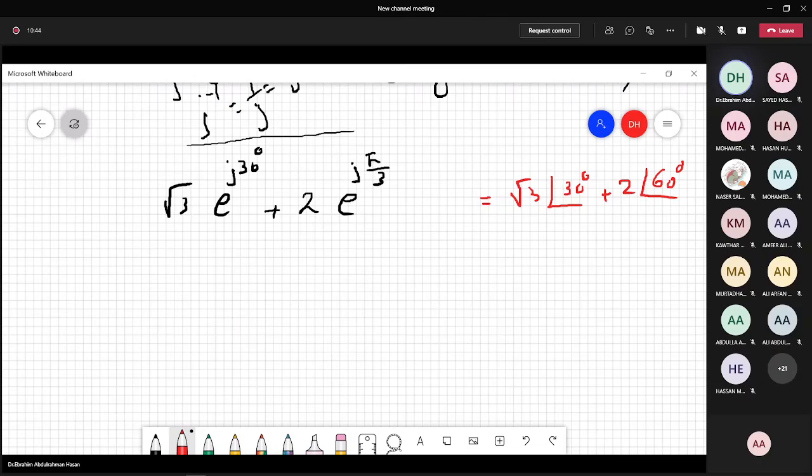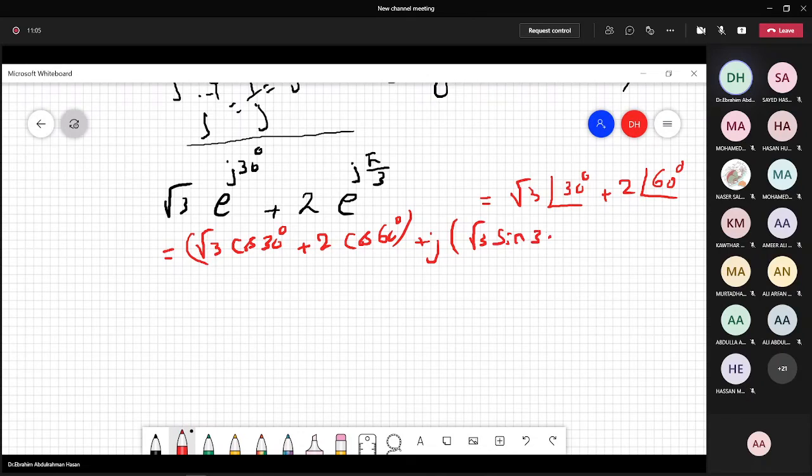If you don't want to use your calculator, then directly it is equal to the real part, root 3 cosine 30 plus 2 cosine 60. So this is the real part, plus j times root 3 sine 30 plus 2 sine 60. Okay, this pi over 3 is equal to 60 degrees. So then from here,